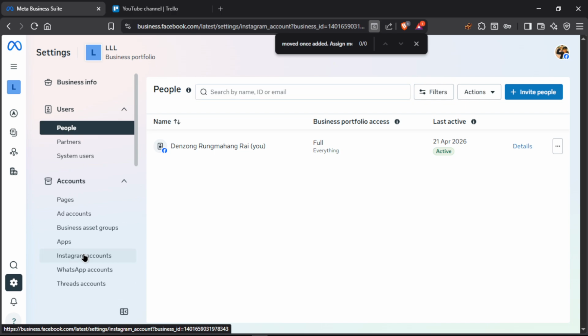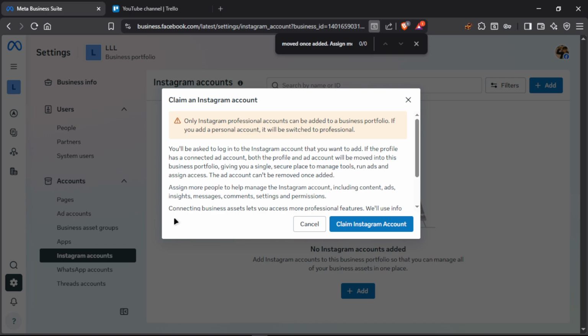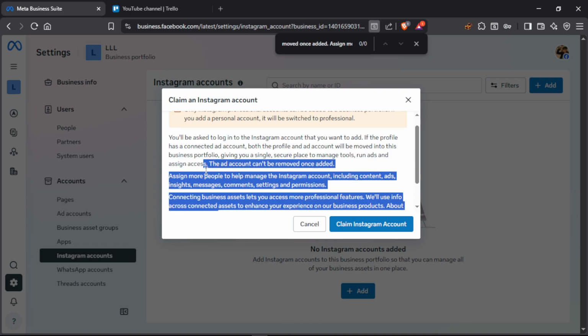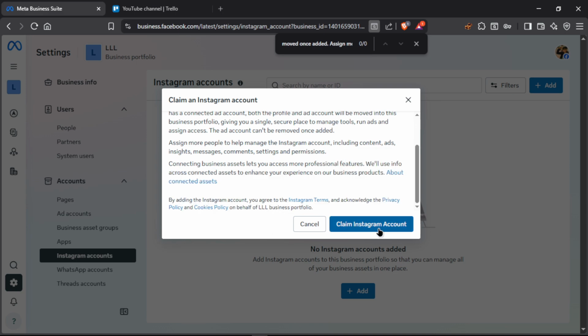Just click on it, and it says no Instagram account added. It's obvious that no Instagram account is added till now. To add your account, just click on add, and make sure to read all these terms and conditions before adding an Instagram account. And once you click on this claim Instagram account option, it will take you to the Instagram account request menu. So go ahead and add your account